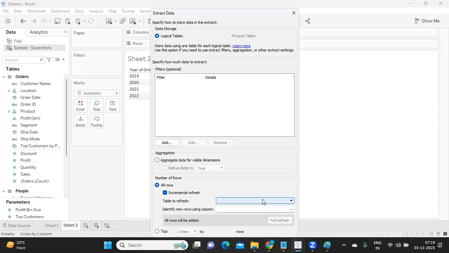First you can select what is the table to refresh, whether it is orders, people or returns. Because I have multiple tables in my view, it is giving me the list. It will also be the same with you. You can choose I want it from orders table, and I can specify what is the column I want. It can be order date, postal code, quantity or ship date, whatever you want, you can give it here. I am giving order date. So based on date I want to specify, then I can simply click on,